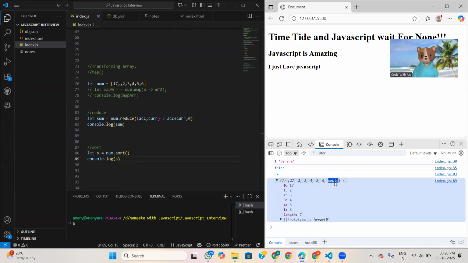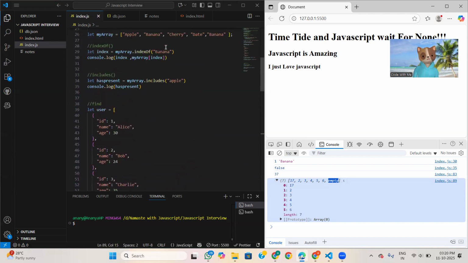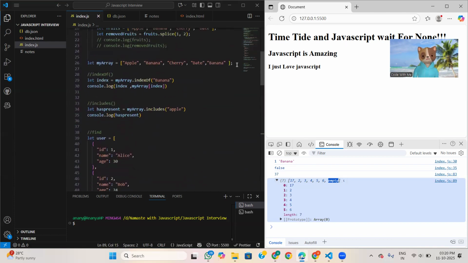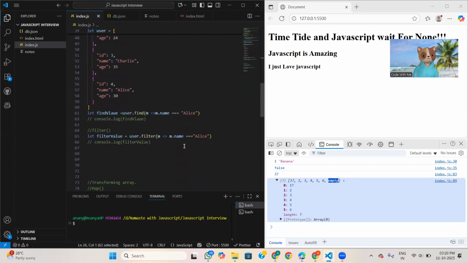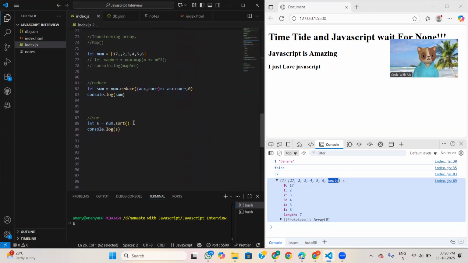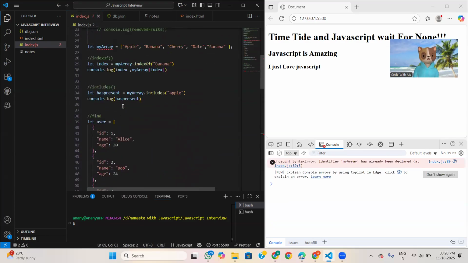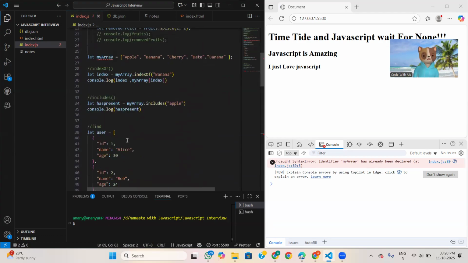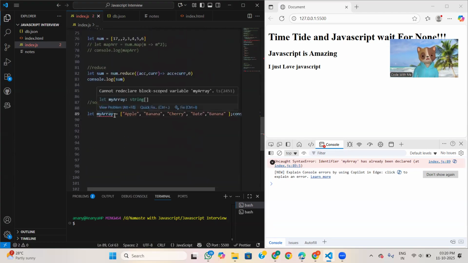Empty value, it is coming as an empty value. 0, 6. And one empty value. Okay, we will take another example. We'll take the example of this array, my array. Oh, we have to comment out this. Okay, we will take as my array 1.